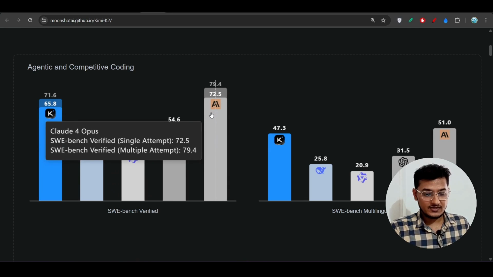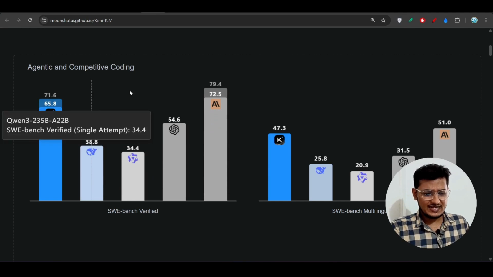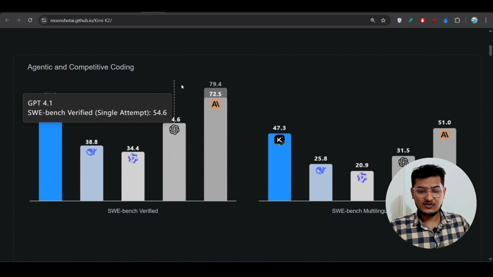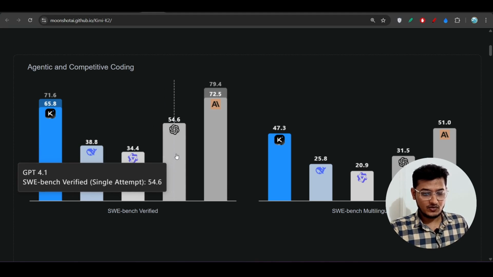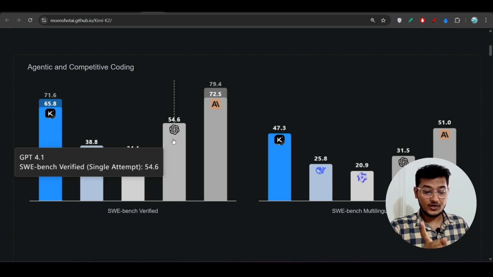Anthropic is giving 72.5 for the single attempt, and it is exactly a 6-point benchmark difference. It is not that much different. And you see that this GPT 4.1 has a 54.6 benchmark, and this Kimi K2 has a 65.8 benchmark. Means Kimi K2 actually has a greater benchmark than this GPT 4.1, but the pricing for the GPT 4.1 is